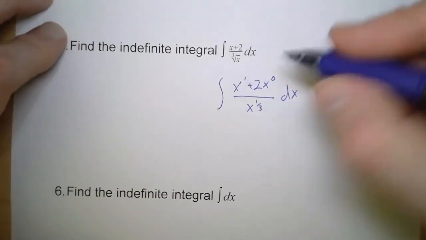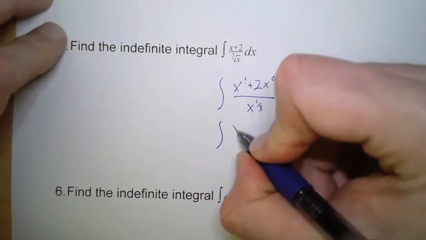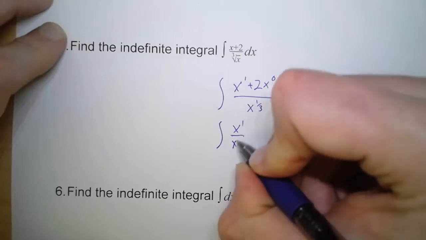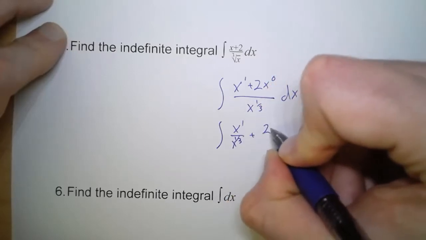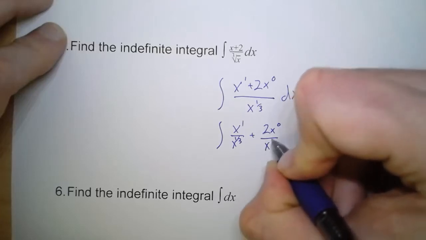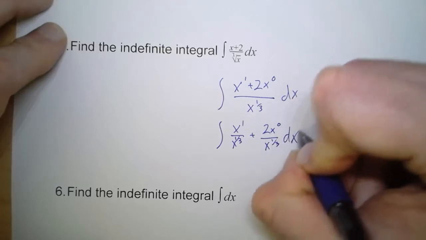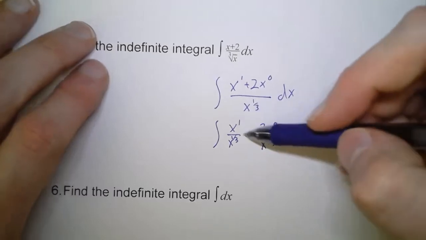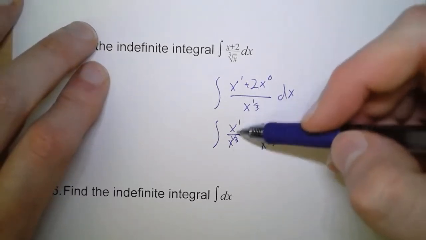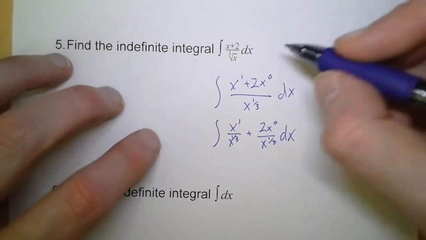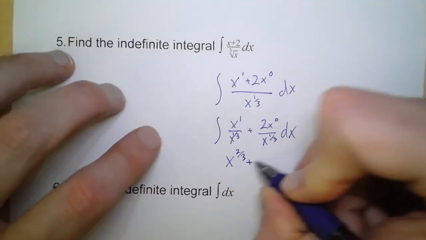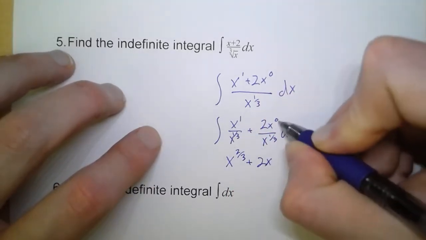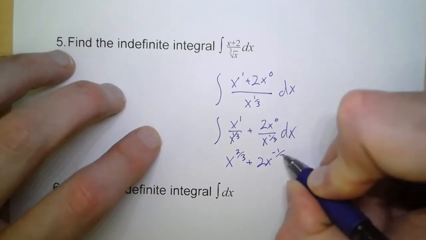And so when we split this up, we have x to the first over x to the 1/3 plus 2x to the 0 over x to the 1/3 dx. Now when we divide terms with an exponent, we just subtract the exponents. So this is x to the 2/3 plus 2x, 0 minus a third is -1/3